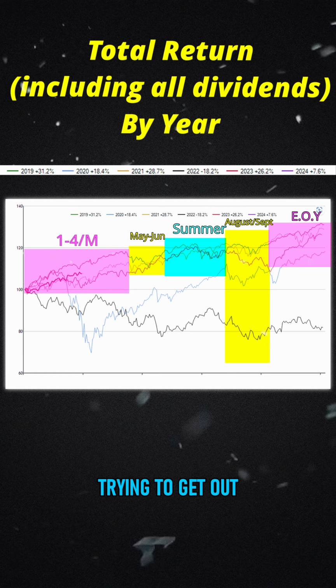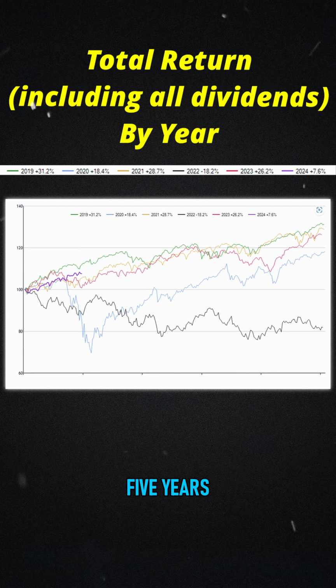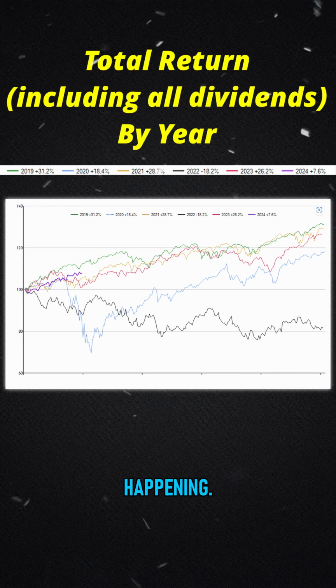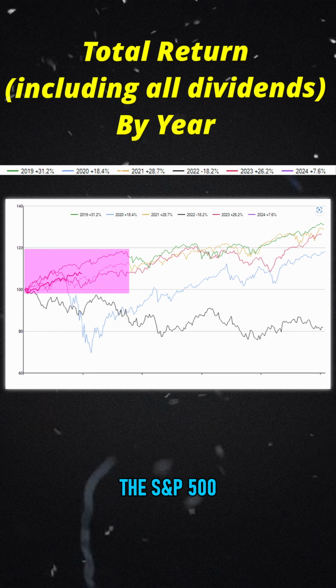So what am I trying to get out of this entire lesson? If you take a look over the last 5 years of activity in the stock market, you can see different overlays that are happening. So if I am realizing this data right here, couldn't I just go over towards the S&P 500 and say,